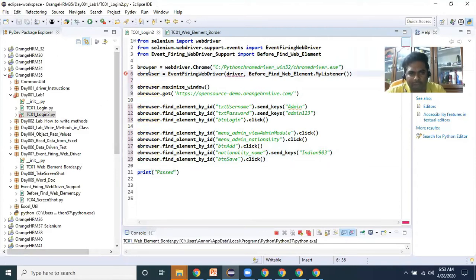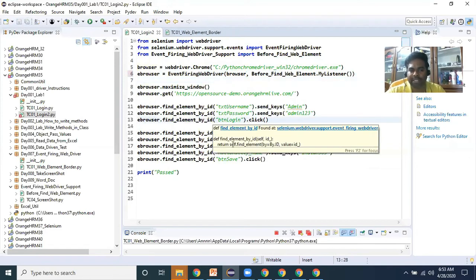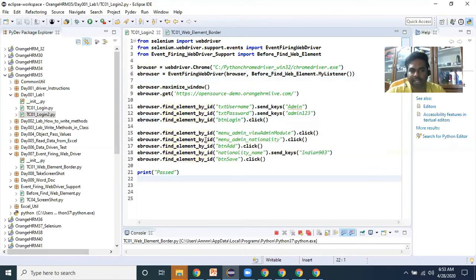So here my argument is browser. If I run the basic program also, we can easily understand how the set of lines is executing. Let's run this program.